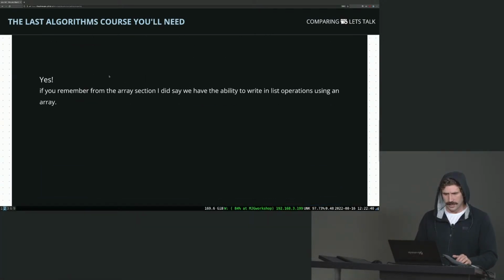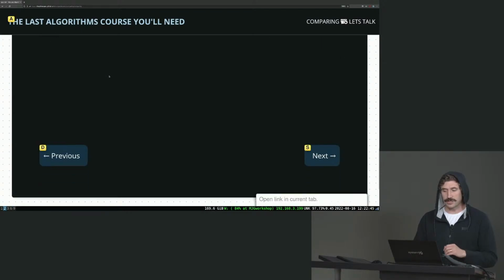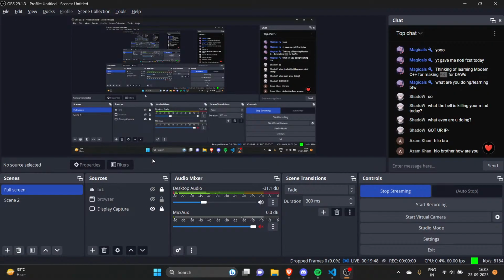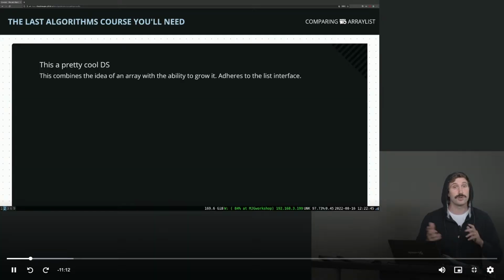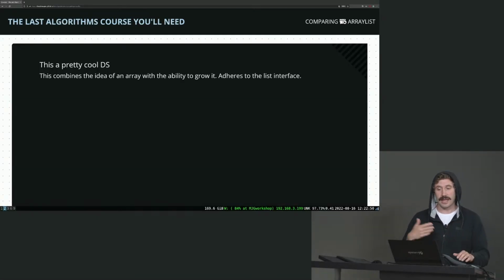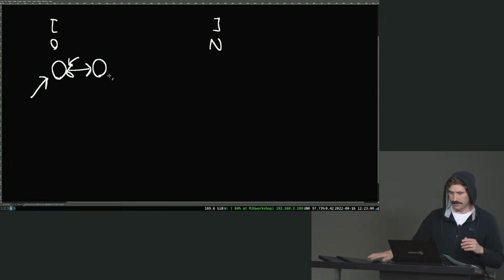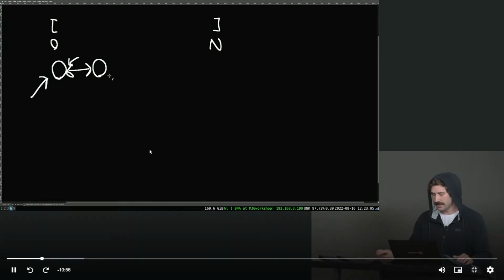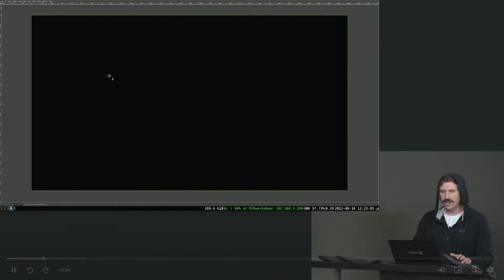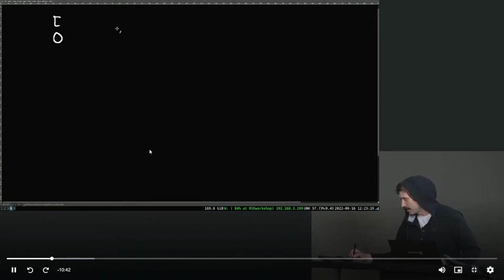Now in some languages, they just provide it. Like if you think about JavaScript, you actually have a list implementation where you can choose between a linked list and what is referred to as an array list. It's an array list where instead of having underlying containers, we have an array of generic T, and we can use that, and when we need to grow, we have to grow it. So let me explain how this one works, because it's a pretty neat idea, and it's also going to be the basis of